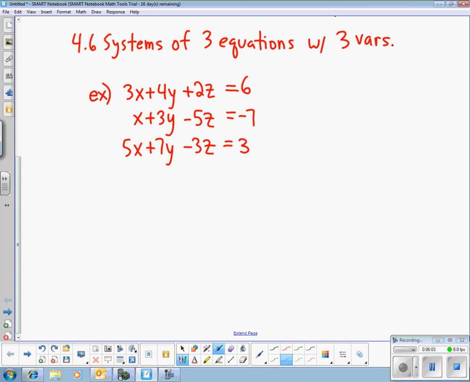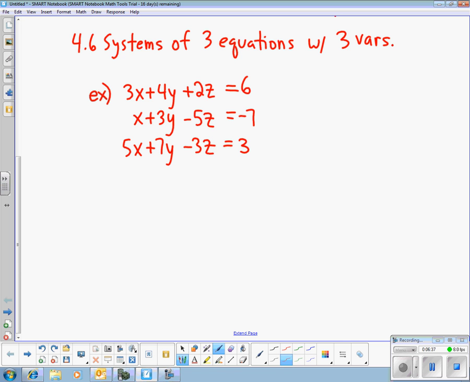So the way we're going to find this, and unfortunately for you, this is a lengthy process. It's going to take you a lot of paper and a lot of time. We go linear combination, or the elimination method, or the addition subtraction method, whatever you want to call it. But we just do it several times, and we eliminate a variable at a time. Right now, I don't have any of my x's, y's, and z's whose coefficients match up very nicely. If I can make a few changes and make that happen, I'm going to start by multiplying my second equation